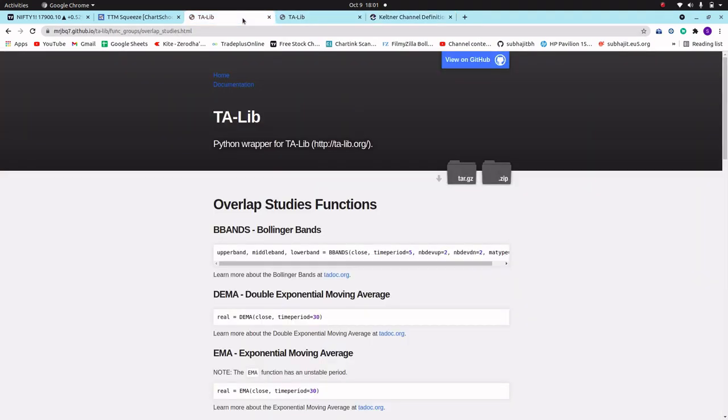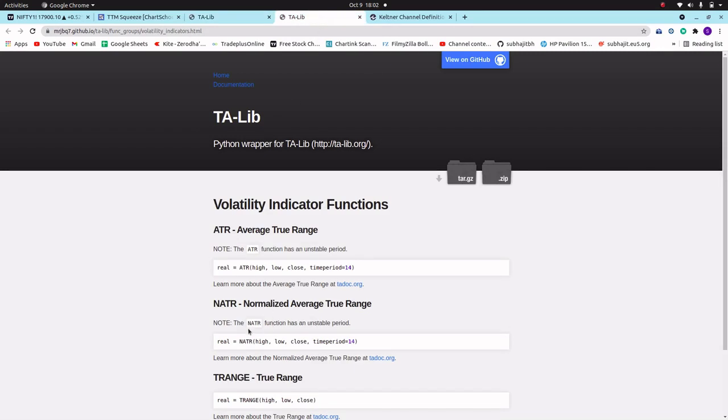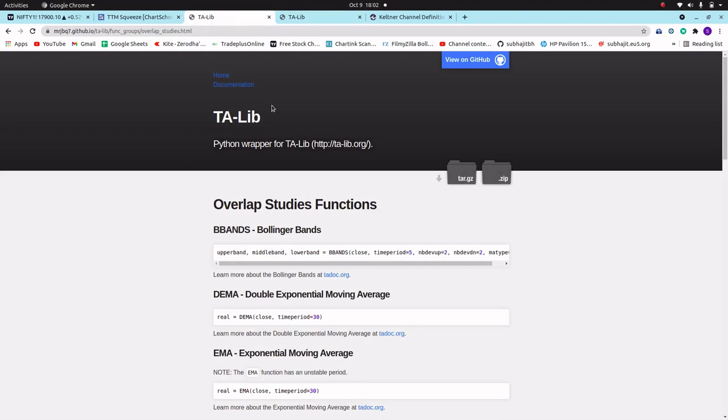And for Bollinger Band I will use TA-Lib. TA-Lib is a very good module in Python and it's free. You can search a number of indicators here, look at the documentation and you will find all the indicators here. But one thing, Keltner channel is not available in TA-Lib, so you have to code it on your own. With the help of TA-Lib we can easily build it. So this is the Bollinger Band formula, and look at here, this is the ATR, so everything is there and we just have to add.